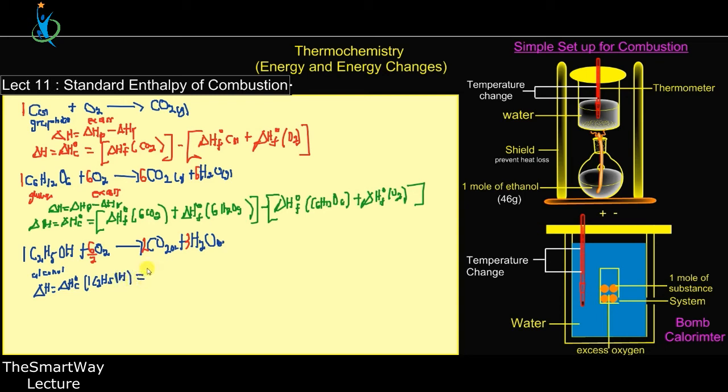That is proportional to the sum of all the enthalpy of the reactant away from the sum of all the enthalpy of the product. Here, how many products do we have? We have 2 products, and so we are going to get the standard enthalpy of formation of the 2 products, which is 2 times the carbon dioxide, and then